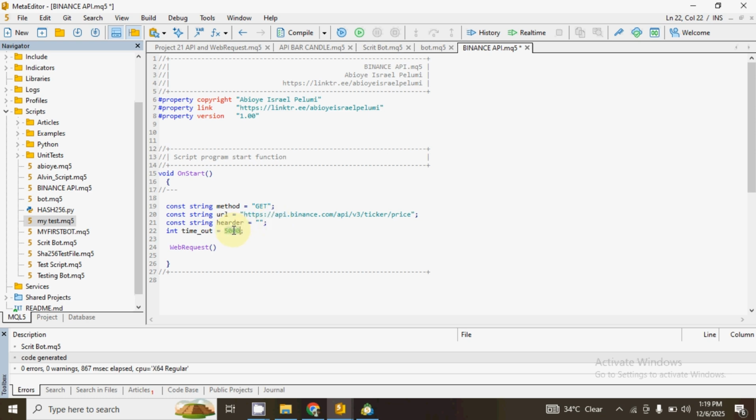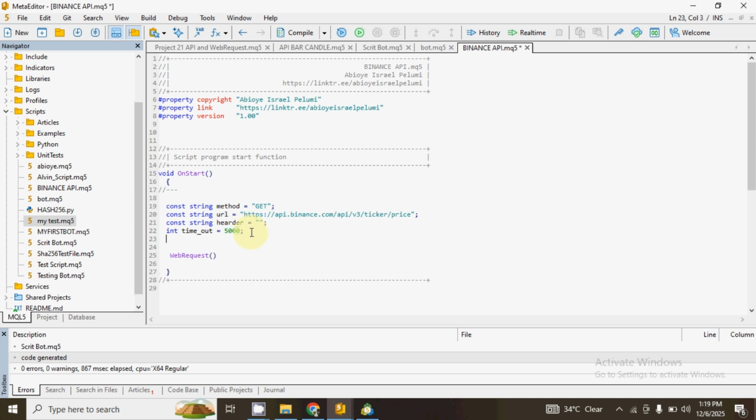Remember, 1,000 milliseconds means 1 second, so 5,000 milliseconds means 5 seconds. If we send the request out and there is no response from the server within that time, then the request should be terminated. That's the work of the timeout